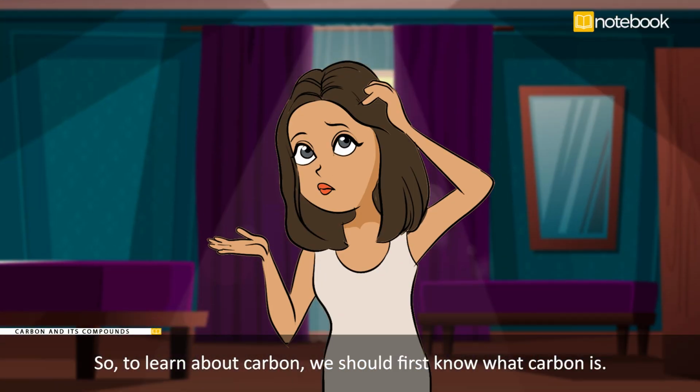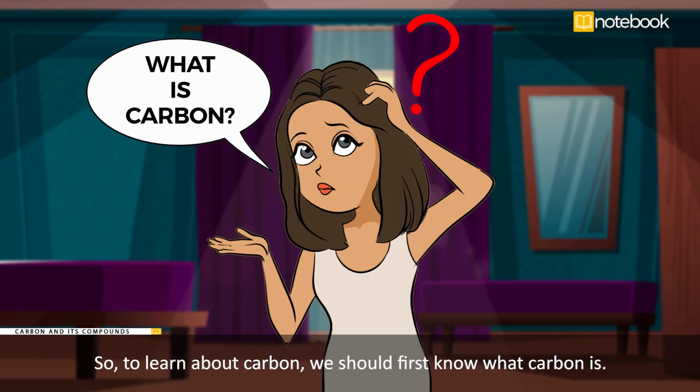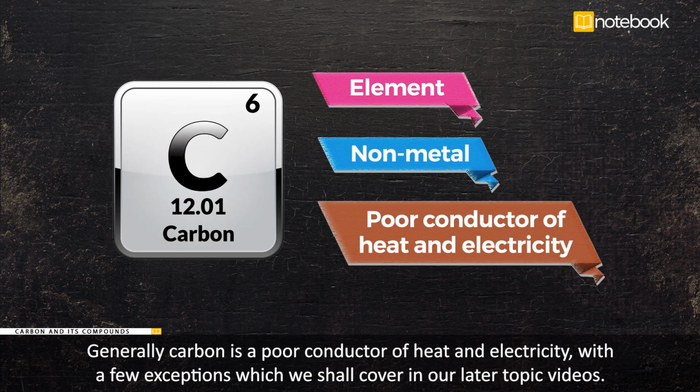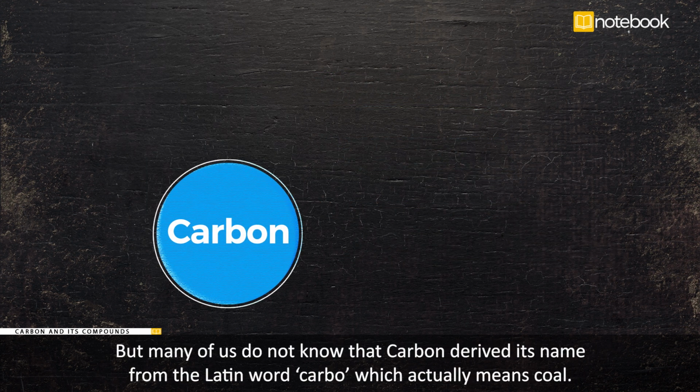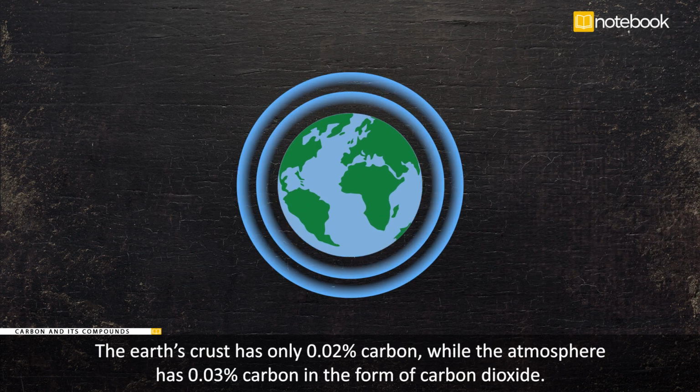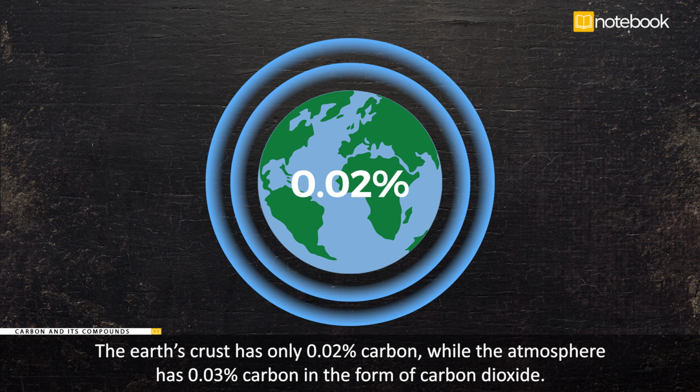So to learn about carbon, we should first know what carbon is. Carbon is an element. To be precise, it is a non-metal. Generally, carbon is a poor conductor of heat and electricity, with a few exceptions, which we shall cover in our later topic videos. But many of us do not know that carbon derived its name from the Latin word carbo, which actually means coal. The Earth's crust has only 0.02% carbon, while the atmosphere has 0.03% carbon in the form